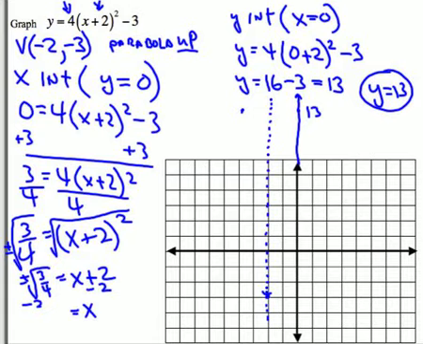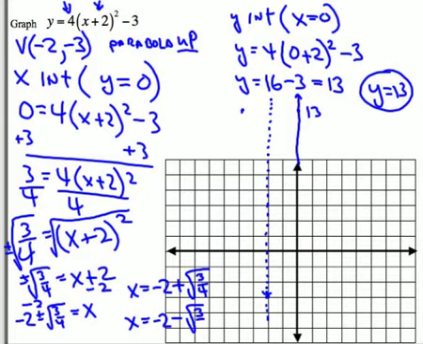So I get x equals -2 plus or minus the square root of 3/4. All right, so I just have to figure out what those values are, and I'm only going to be able to estimate those values. Well, the square root of 3/4, if you look at it on the calculator, is about 0.866. So what we have here, and let me write it over here, is x equals -2 plus the square root of 3/4, and x equals -2 minus the square root of 3/4. So when you approximate these,